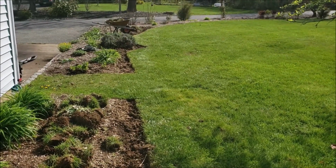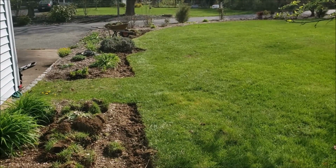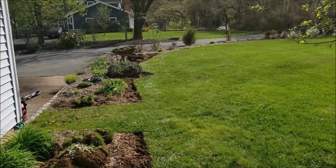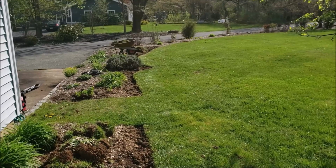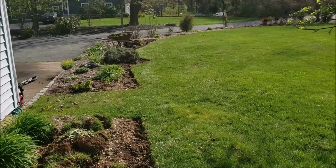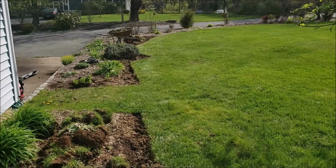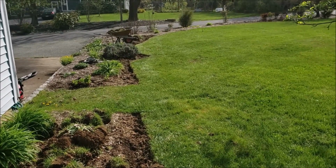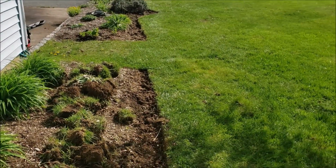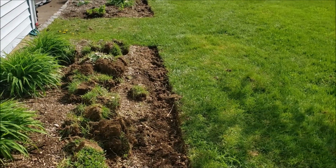I started the garden bed using landscape fabric because I just wanted a really big garden and I wanted to suppress the weeds really quickly. You can use cardboard instead of landscape fabric. It's probably a lot easier just to use cardboard and then put leaf mulch or compost on top and have your grass decomposing under the cardboard. But I use landscape fabric, and it can be tough, especially when you're edging or if you're putting in plants, because you have to cut through the landscape fabric. But over here there's no landscape fabric, and I did have a lot of grass coming through into the bed,